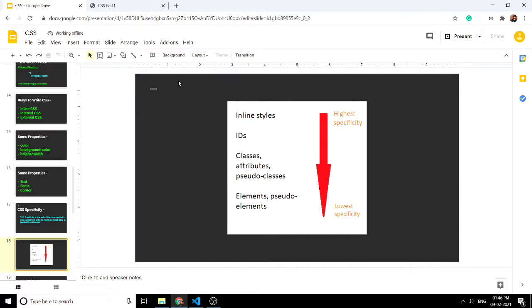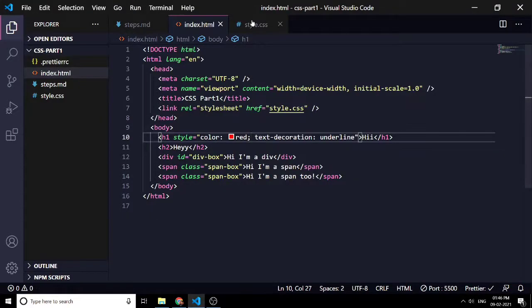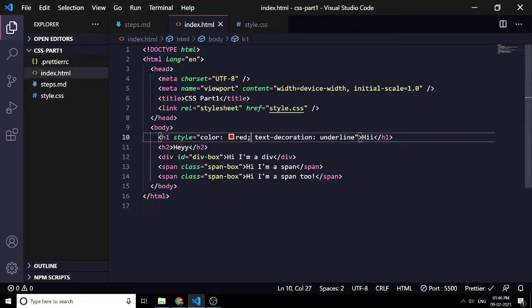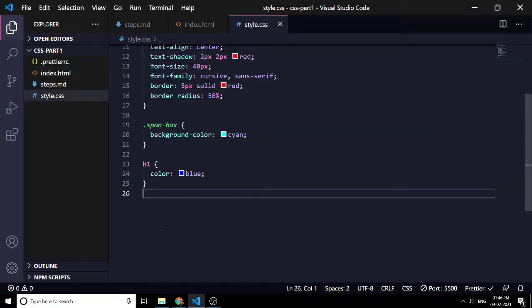Let's see a few more examples. Let's try the class and element selectors this time. We already have one element selector, which is of color blue. So let's give it one class selector. If we give it a class, let's say test, then we'll use it in a class selector.